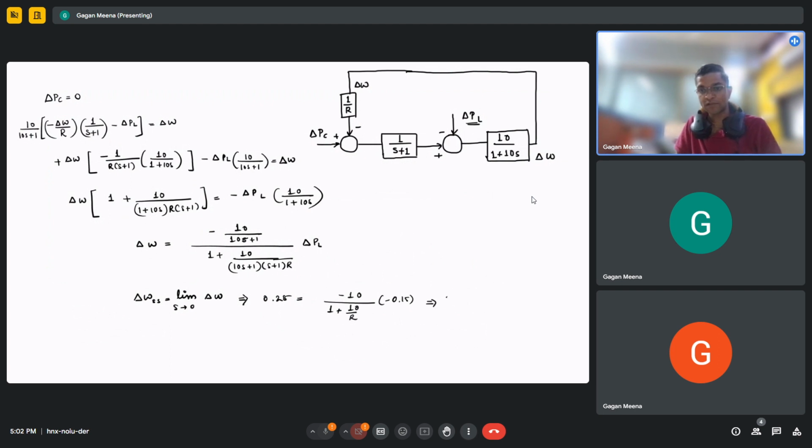Okay, so 1 plus 10 divided by R is equals to 10 into 0.15 divided by 0.25. So 10 into 0.15 divided by 0.25. So this is 6. So 10 by R,